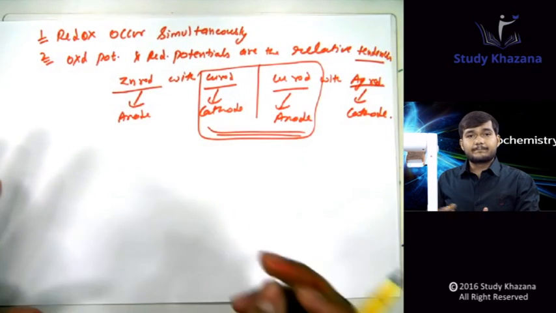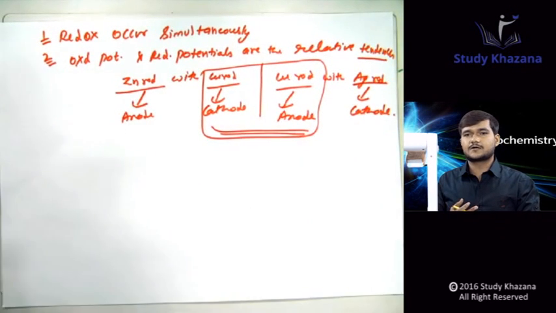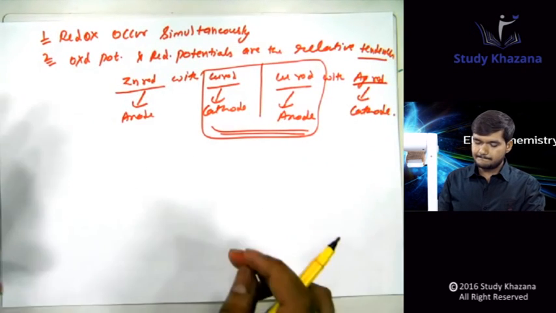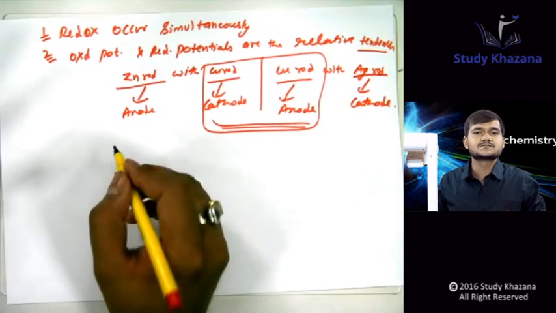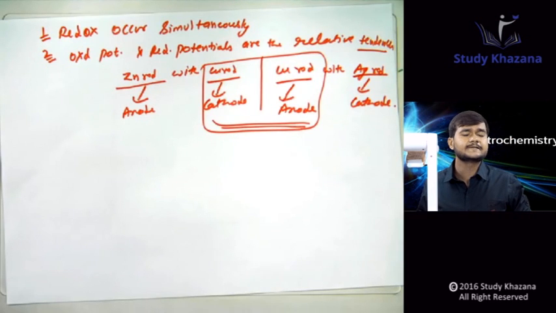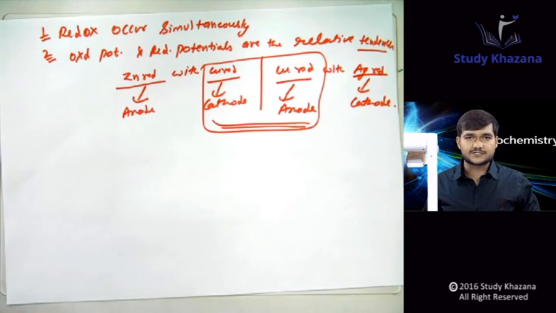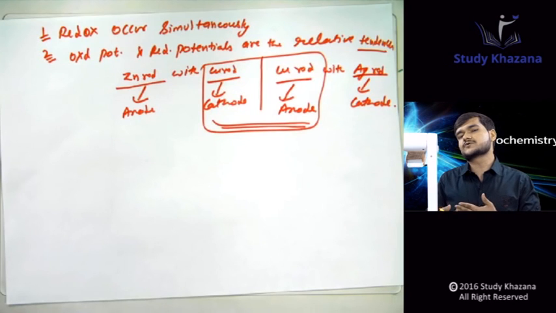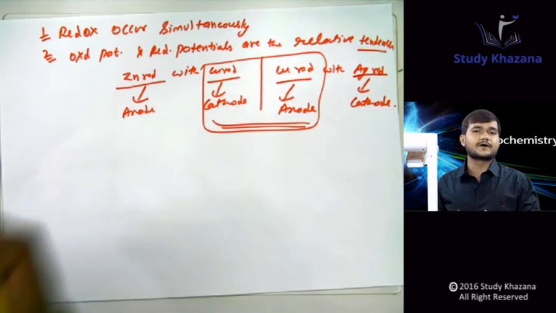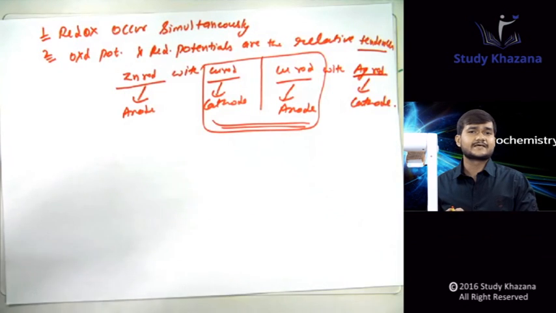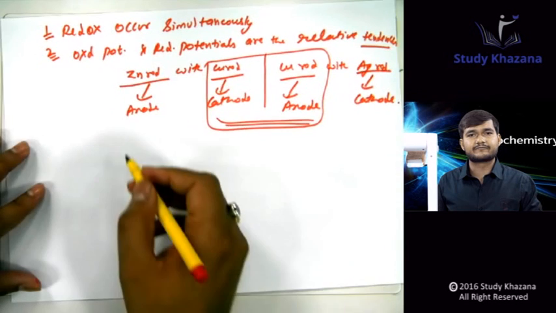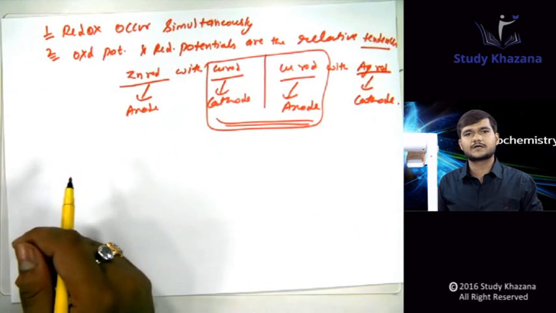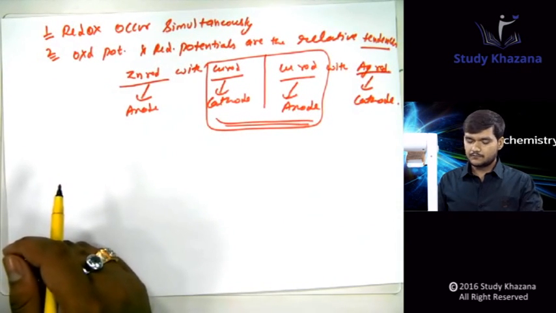Similarly, to compare which is the better oxidizing or better reducing agent, we have made a standard electrode. We just have to calculate the reduction potentials. What is the reduction potential of zinc, of copper, of magnesium, of iron, of silver? We cannot make different pairs every time, because it will not give the comparison. So what we have done,